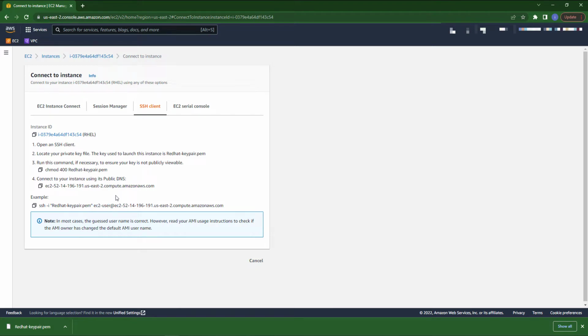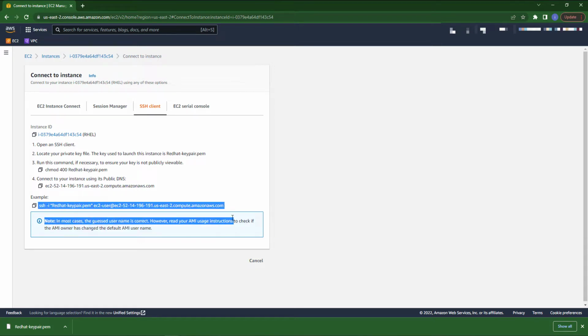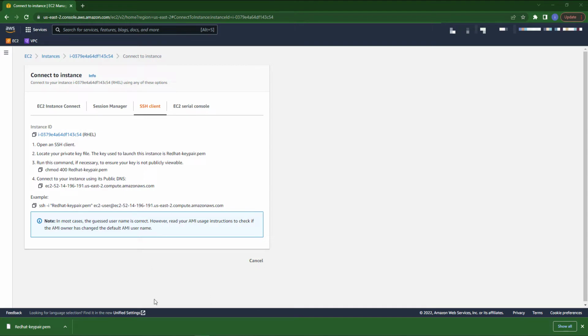and here in SSH client you can see your user is ec2-user, and this is the command which we will run in our operating system's CMD, which is the command prompt. So guys, after that we will